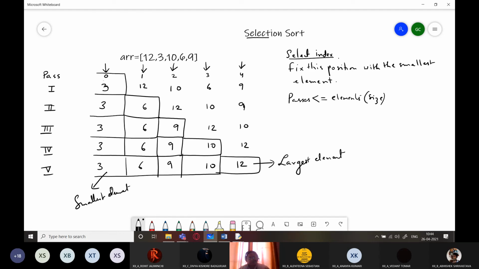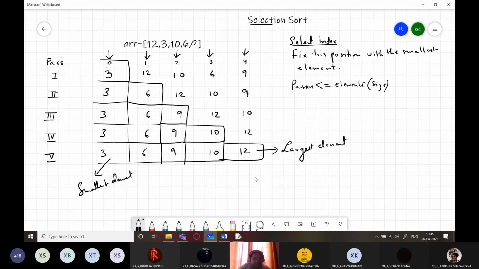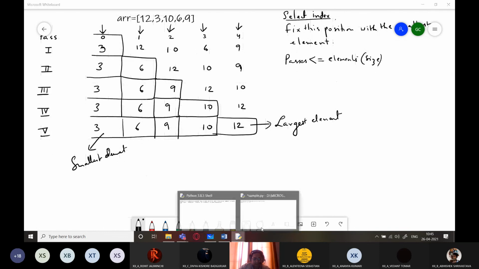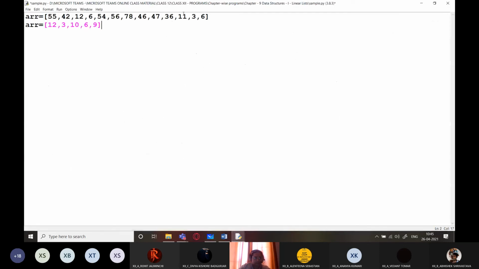Got it, everyone? So this is how we sort elements in a list. Let us see its program directly. Okay. So this is my dummy array. Otherwise also what I'm going to do is